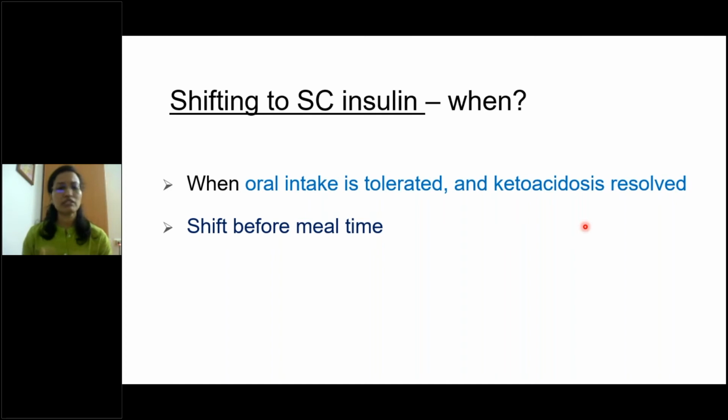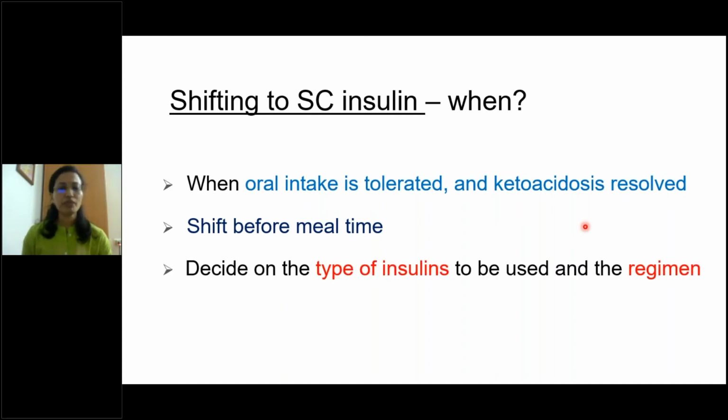It can be breakfast, lunch, or dinner. Before deciding to change the child into subcutaneous insulin, you need to decide what types of insulin you're going to use in the long run and what kind of insulin regime you're going to use, because there are so many different varieties of insulin available in the market, and there are different kinds of regimes that we follow